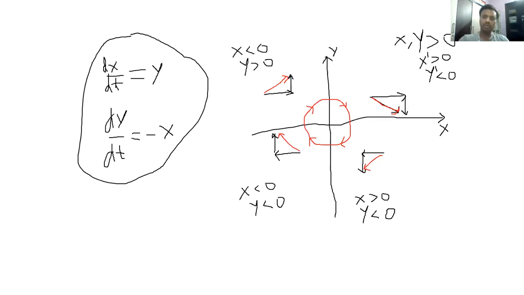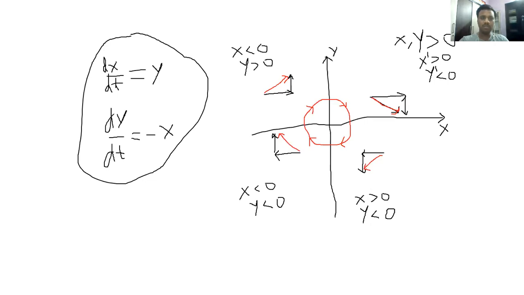So first of all, for the phase plane analysis, we should know what the equilibrium points are for this system. So what will be the equilibrium point for this system? Put ds over dt equal to 0 and dy over dt equal to 0. If you put ds over dt equal to 0, then b minus beta SI is equal to 0.